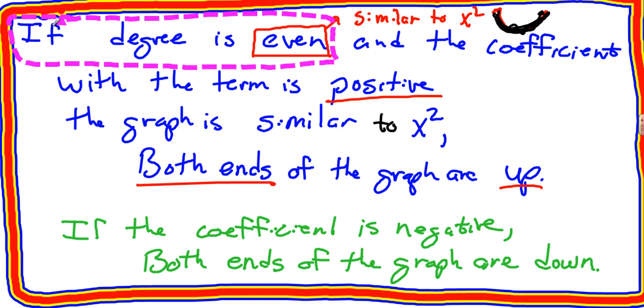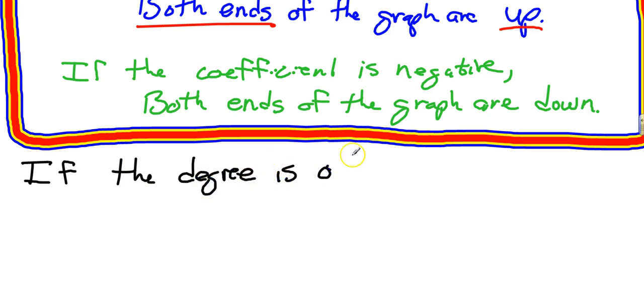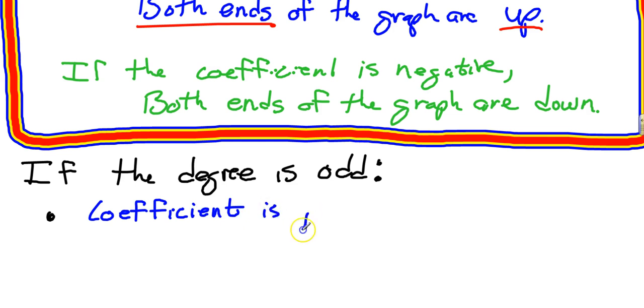Okay. The other part is if the degree is odd, and then we've got a different set of things to worry about. If the degree is odd and the coefficient is positive,